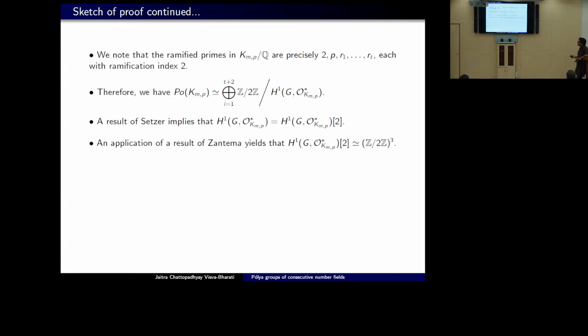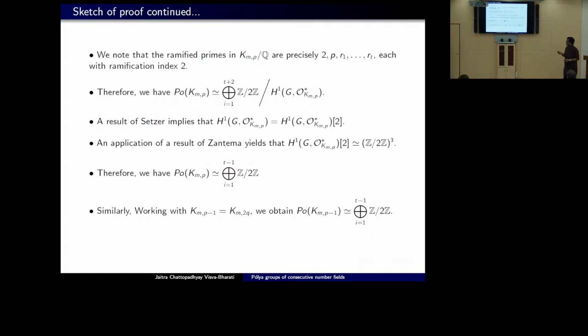Now, since t is in our hand, that is as large as possible, but the quotient is only 3 copies of Z mod 2Z. Therefore, when we take the quotient, the Polya group of K(m, p) is t minus 1 many copies of Z mod 2Z. Therefore, t is arbitrary. Therefore, this is large. Okay. Similarly, if we apply the same technique for K(m, p minus 1), we will again find that this is also isomorphic to t minus 1 copies of Z mod 2Z. Therefore, for K(m, p minus 1) and K(m, p), for both these fields, the Polya group is isomorphic to the